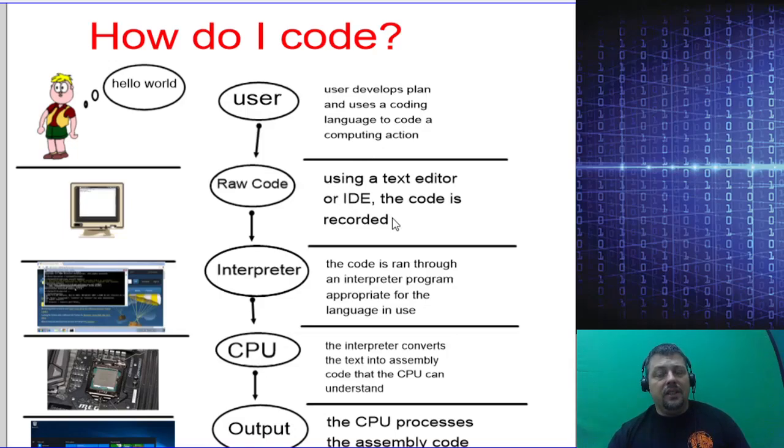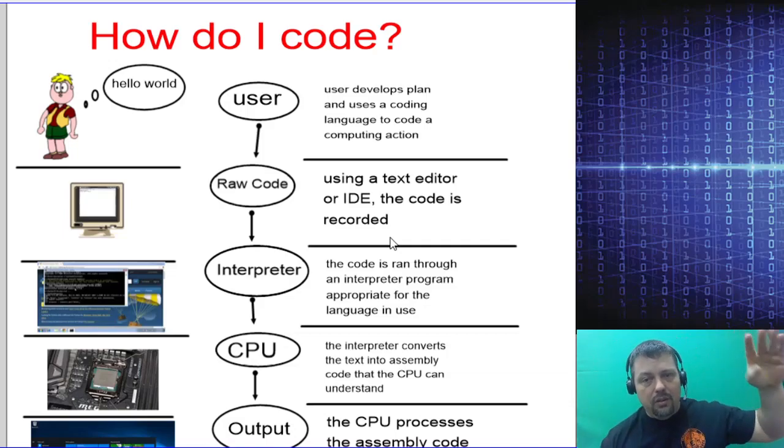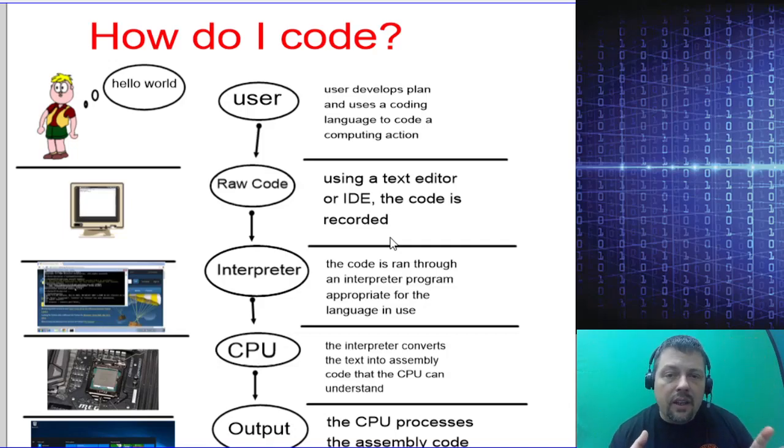And then you use a text editor, or IDE, which stands for Integrated Development Environment. What an IDE does is it is another layer that removes you from the raw code. So you've got the assembly code, which is what the CPU understands. And then you've got higher tier programming languages like HTML or Python or Java. They give you a more human-like language, instead of assembly code, which is hard to understand. It's more removed from the way we speak normally.